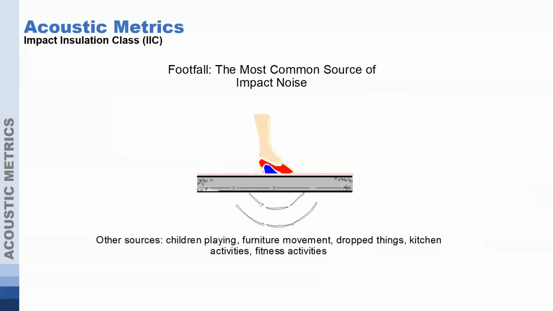We also have IIC, which is Impact Insulation Class. Impact is the sounds of footfall, the sounds of stomping, the sounds of any kind of impact that you can think of: chairs scraping the floor, kids dropping toys, the shutting of cabinets, any type of sound that basically produces an impact on the assembly, and then the sound is radiated through that assembly into the space below. We do have requirements for IIC ratings in the Florida Building Code for residential occupancies.